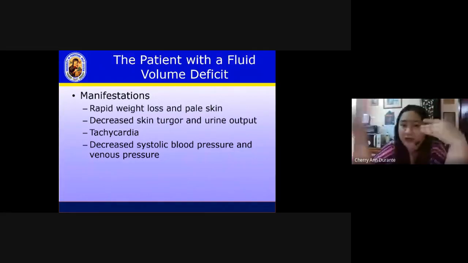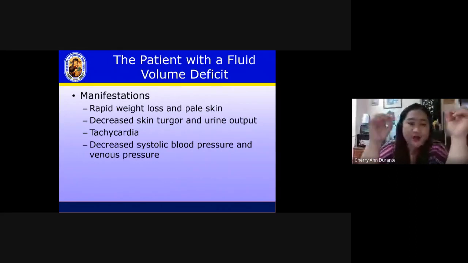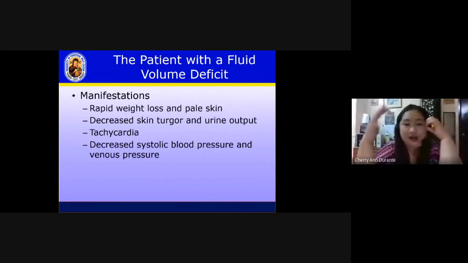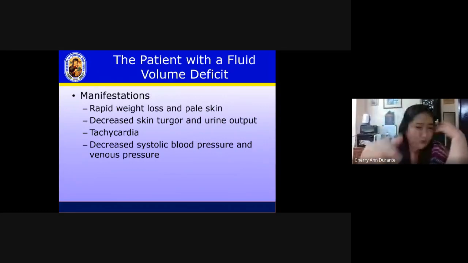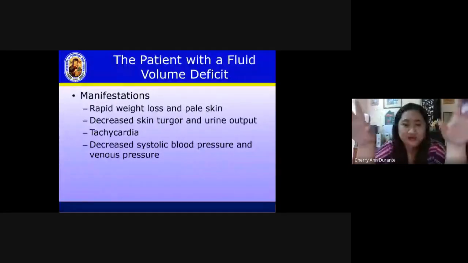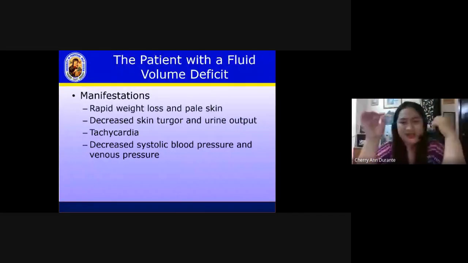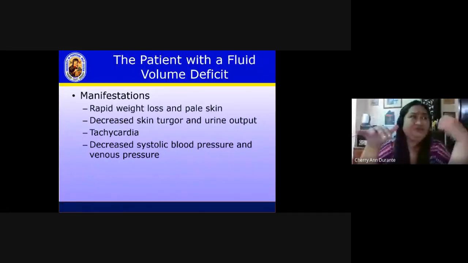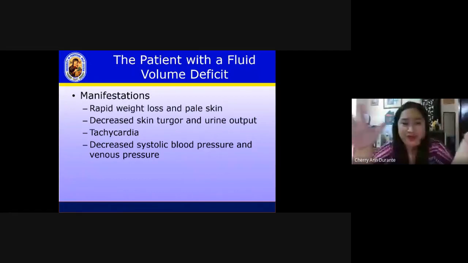Another one, of course, is I&O monitoring, urine output. Usually, when there is fluid volume deficit, your patient has oliguria. Why, ma'am? Of course, when little fluid is flowing through him, he will urinate only a little, because the kidneys filter the blood. Next is your tachycardia. As a compensatory mechanism, as I told you yesterday, your heart responds to your baroreceptors, and the baroreceptors are usually located in your carotid sinuses and the aortic arch. Or it can respond to the release of your renin, and also ANP,